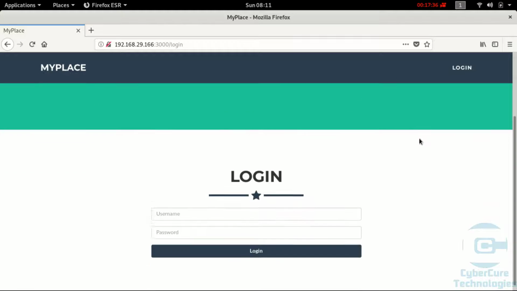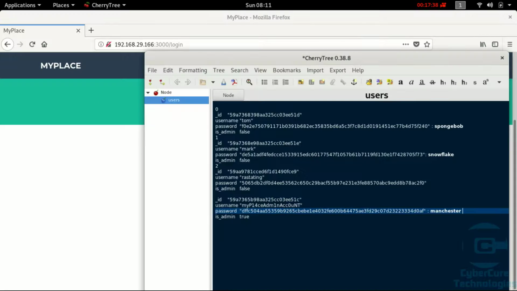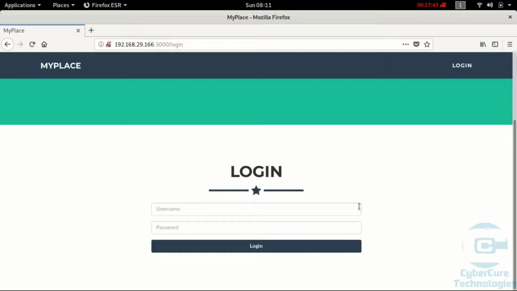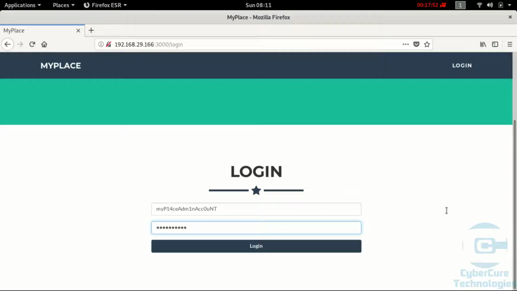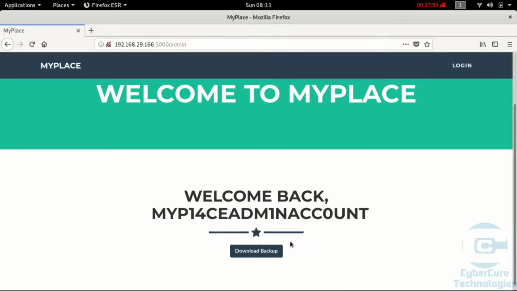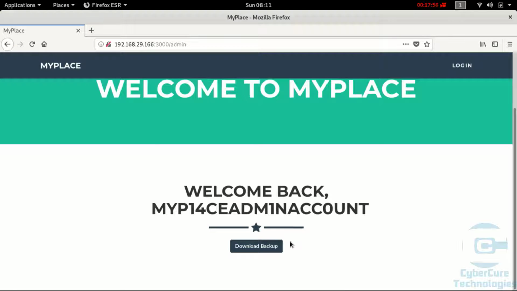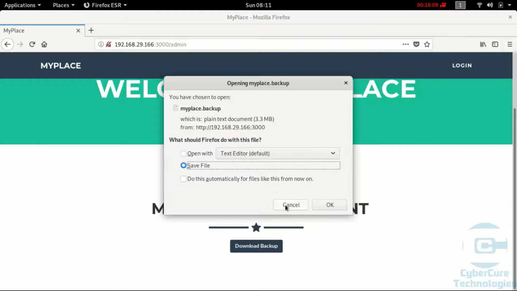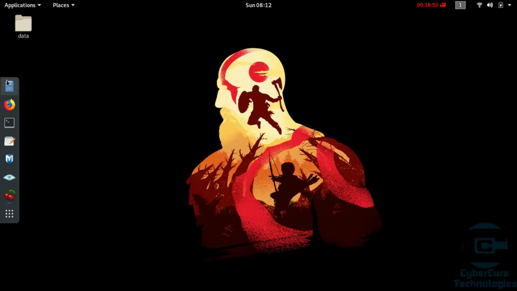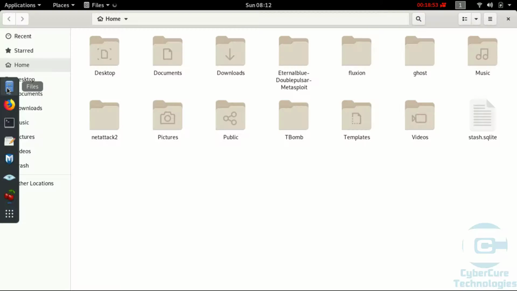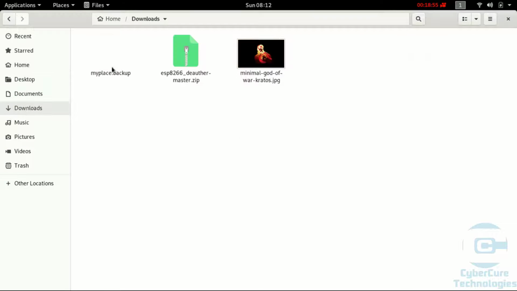Okay, and I'll try to log in via the admin account. I'll copy the username because the username is quite difficult, and the password is easy. This is ironic, but it's okay. As it's a practice machine, people do all this kind of stuff. So click on login and I have an option of download backup. So let us download this file. We might find something interesting inside it. Okay, I've downloaded it. Let us check what is inside this file.